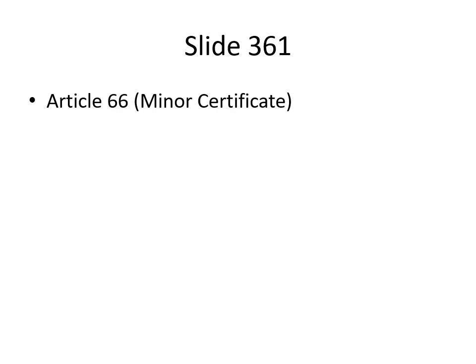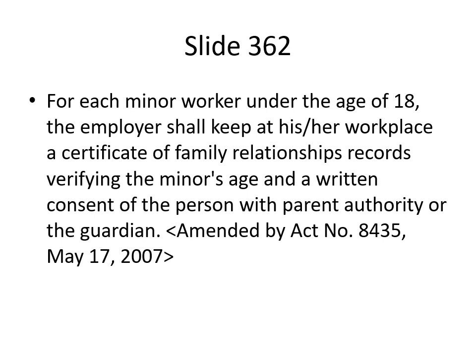Article 66. Minor Certificate. For each minor worker under the age of 18, the employer shall keep at his/her workplace a certificate of family relationships records verifying the minor's age and a written consent of the person with parent authority or the guardian. <Amended by Act No. 8435, May 17, 2007>